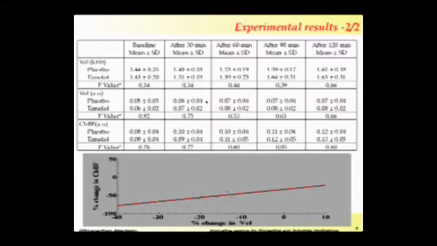The velocity mainly depends upon the sampling volume under the human fundus, where the speed of the red blood cells is measured. So this directly depends upon the Doppler shift power spectrum. So here the percentage change in the velocity against the percentage change in choroidal blood flow is noted.